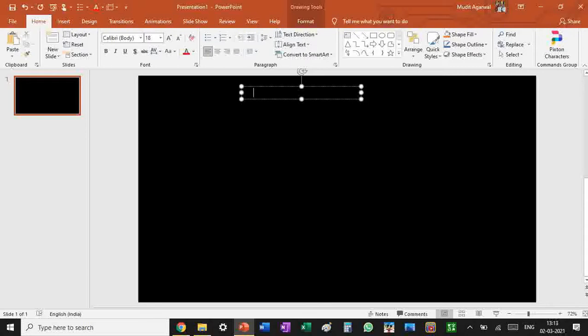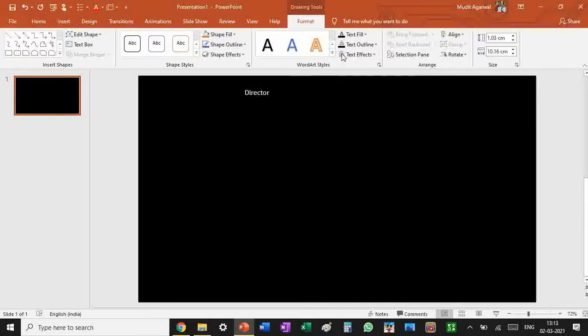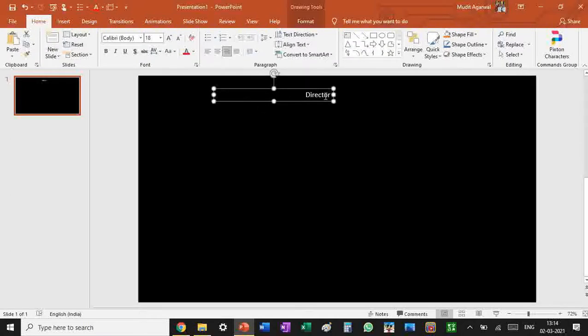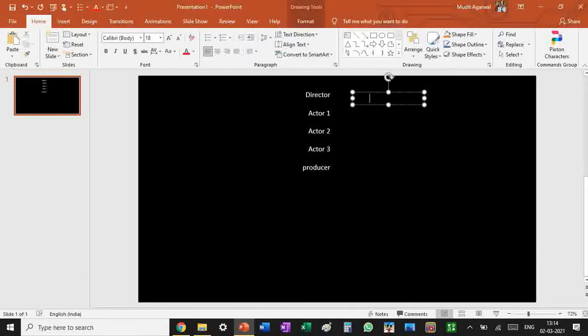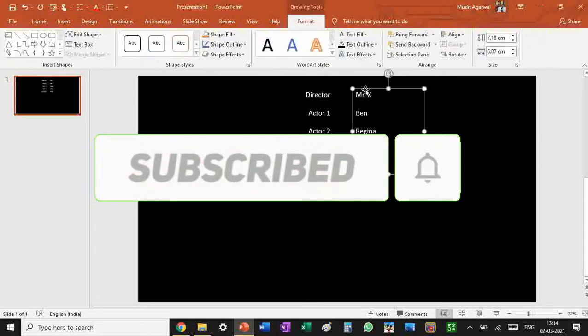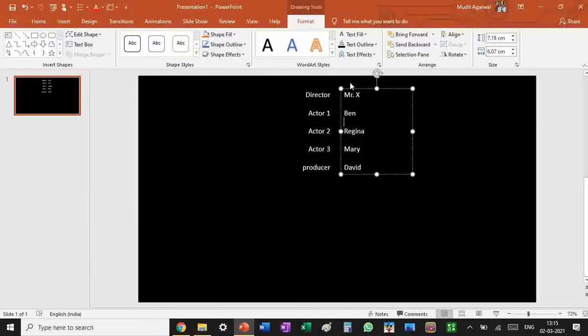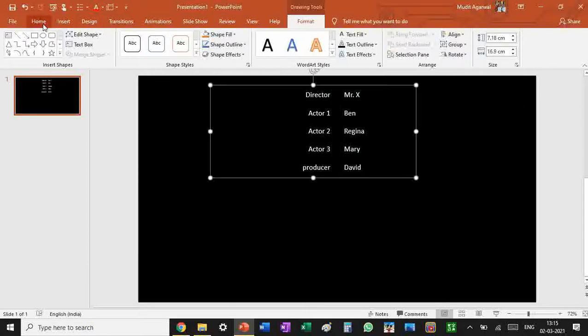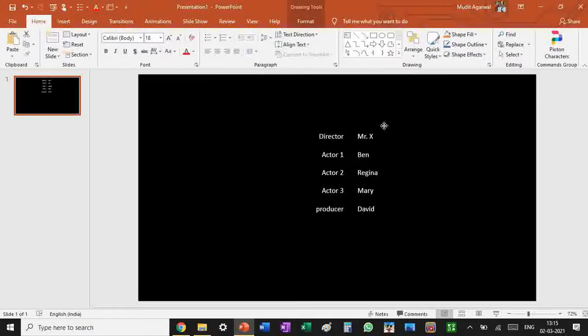So like now once we have got it, what we used to do is that we made a motion path out of